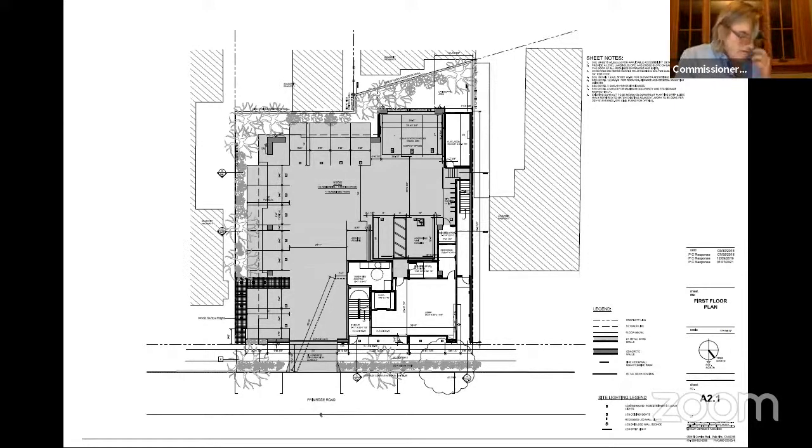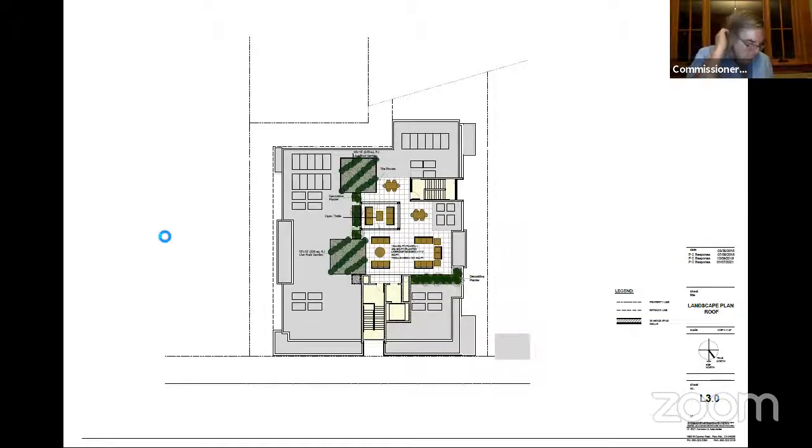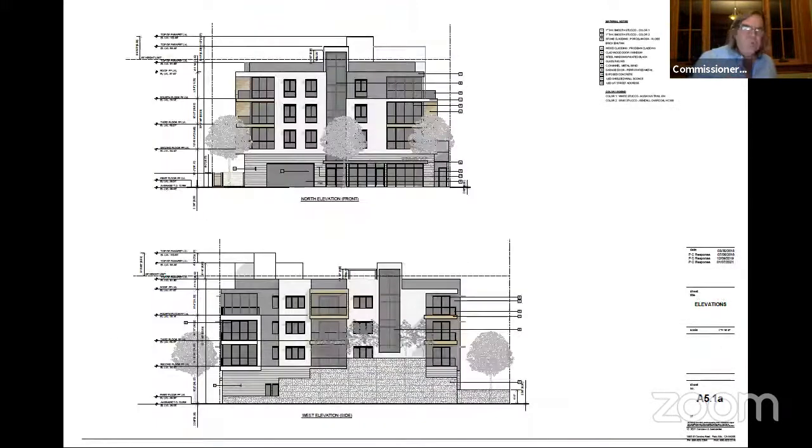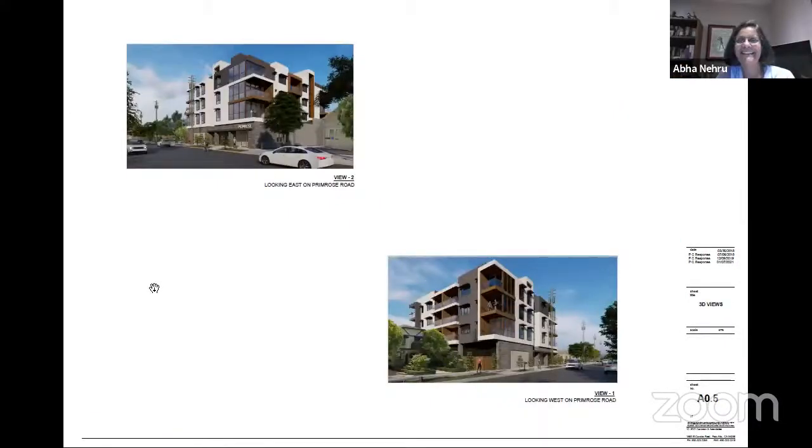The only other question I have is on sheet A0.5. I like the perspectives. I'm glad those are always helpful if you supply those. However, the utility poles look like they're a little tall in proportion. These right there. Because if that building's 53 feet, those utility poles look like they'd be close to 65 feet. I don't think that's helping your perspective. Right, you're right. So if you could look at that.